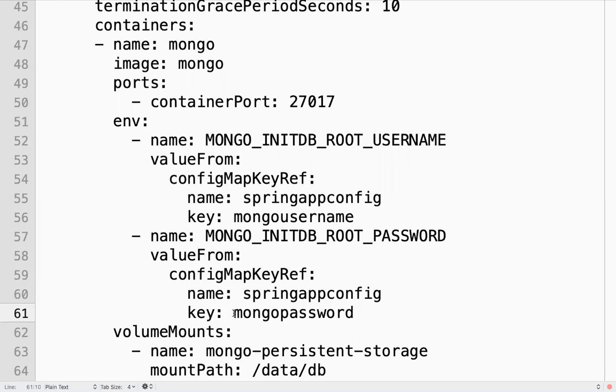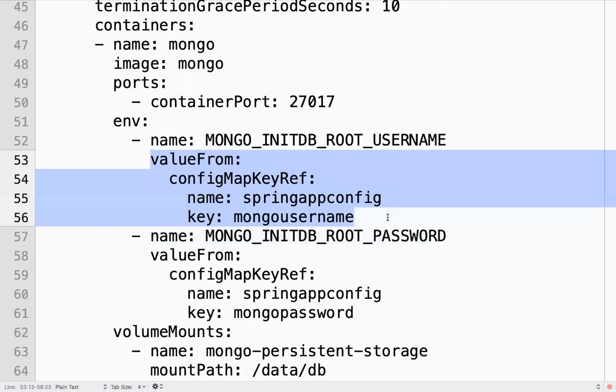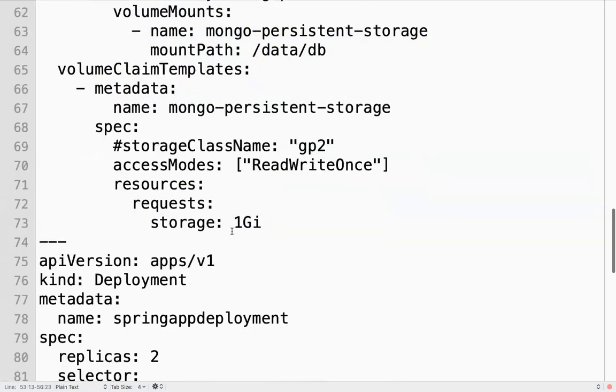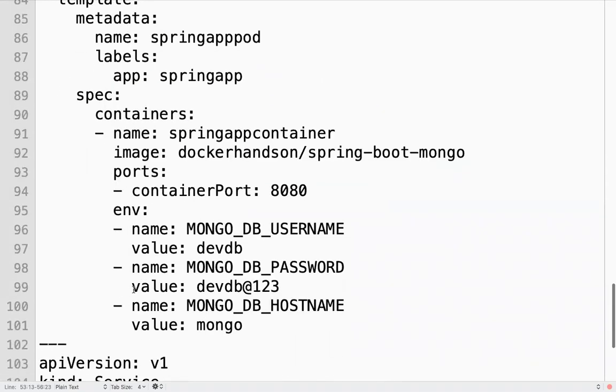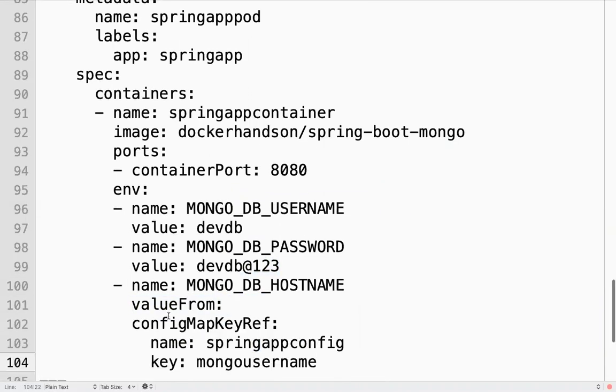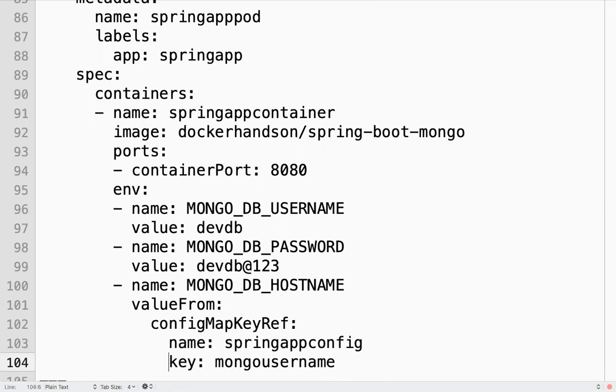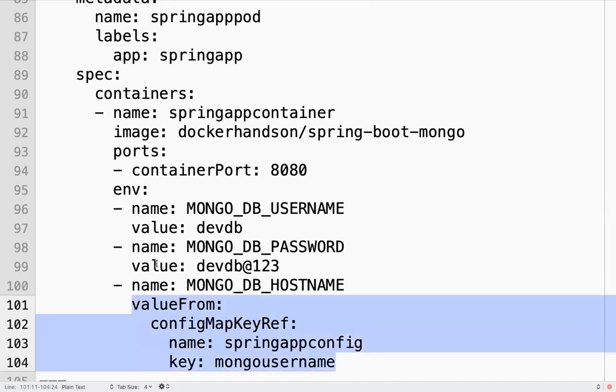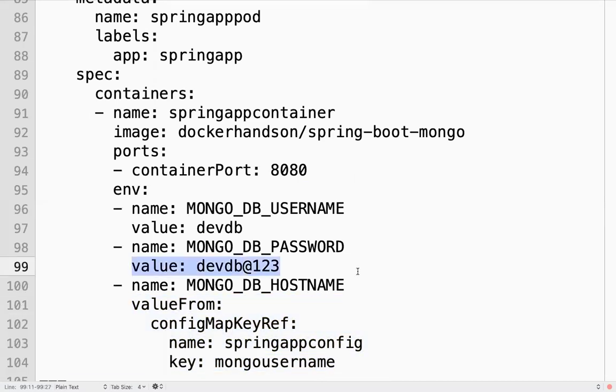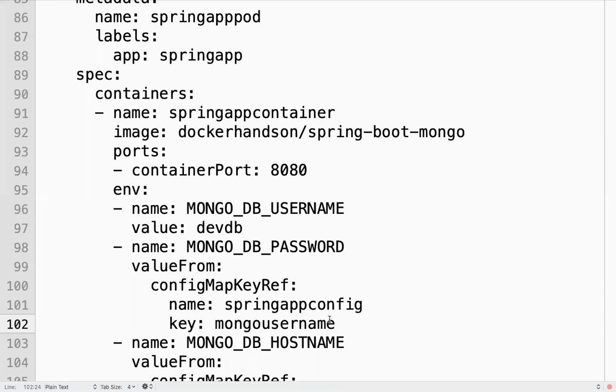Now same thing I can refer here also. Value from, something like this.